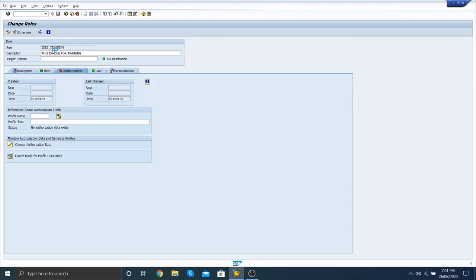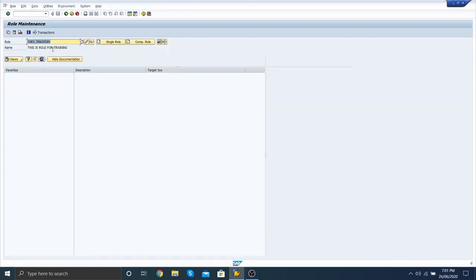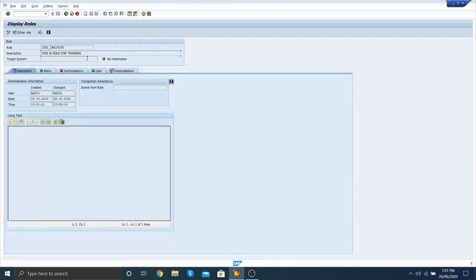So you can create a role like this. Here you can display the role that you created first. If you want to copy this role or any existing role, you can copy from the main menu.